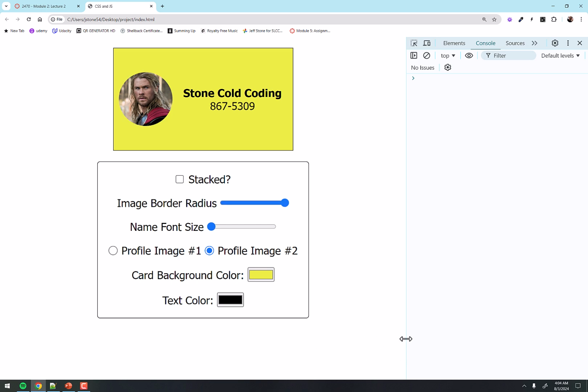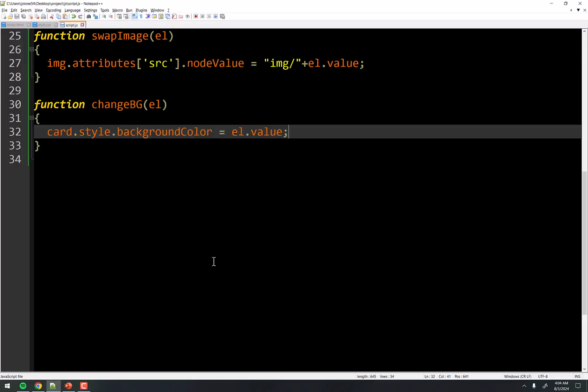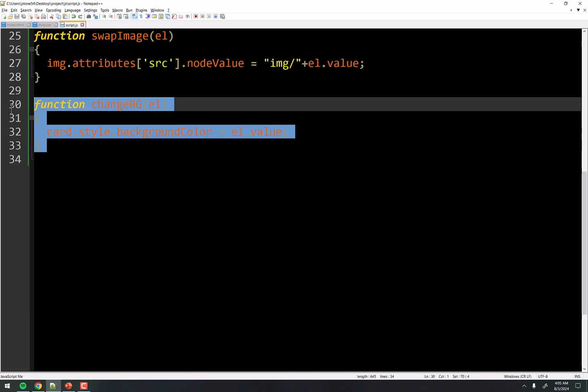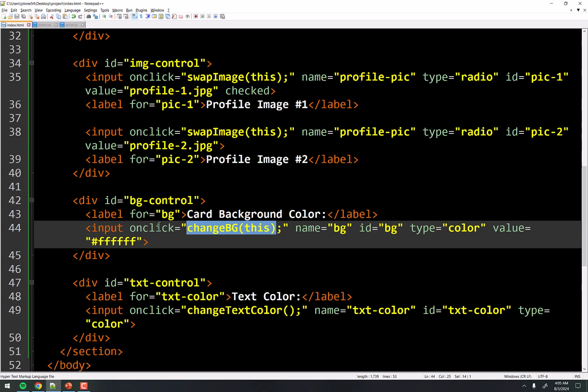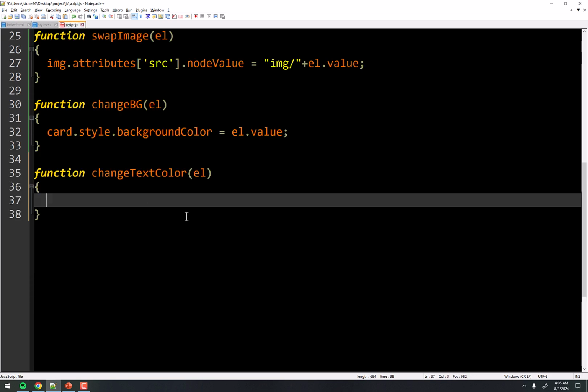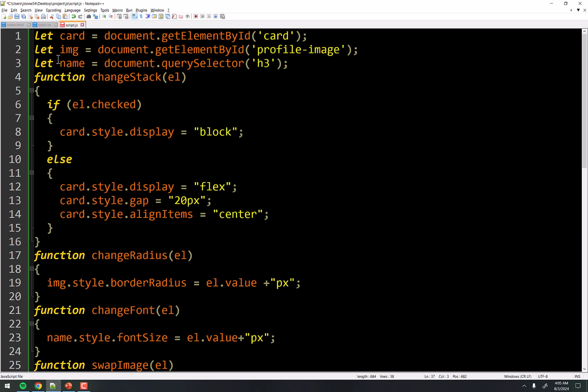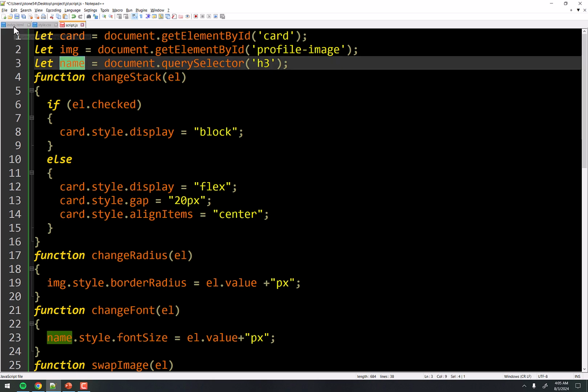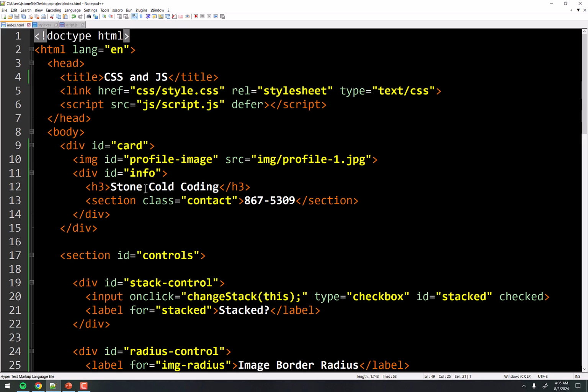Let's change the text color, and then we'll go fix this little quirky bug. It's going to be very similar to what we've got here, right? So let's just take a peek here. We have the change color text, or change text color. We're going to pass in the object again, copy that so we don't typo, and come over here. So now we are changing the text color, and we're changing the name text. We're also going to change the phone number text. So we need to make sure we target that.